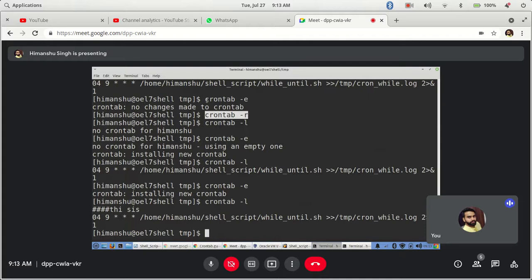Even when editing, one tip: if you want to edit a crontab, I always prefer to run crontab -l first in another terminal, and then in the new session do crontab -e, so that if by mistake I remove or delete anything, I have it open with all the details in my other terminal and can copy paste it back. This is important, right? Many times I've seen juniors do this and all cron entries gone. It becomes very tedious in a real-time environment to get all those entries back, because you will not understand where it will fail. You have to search and search.